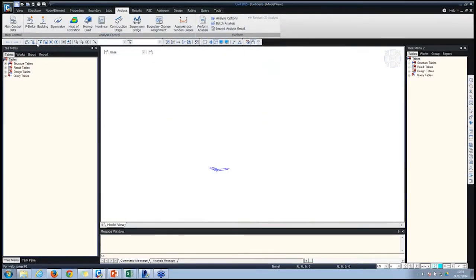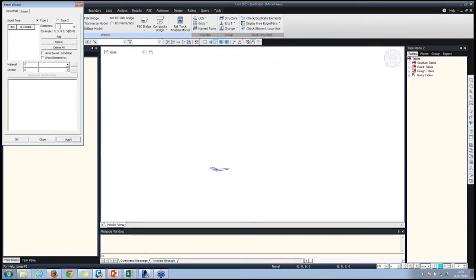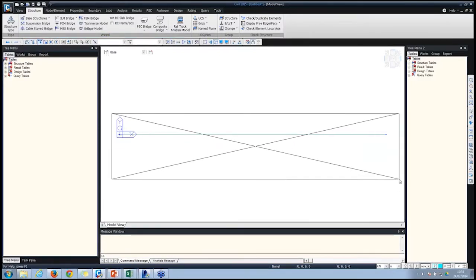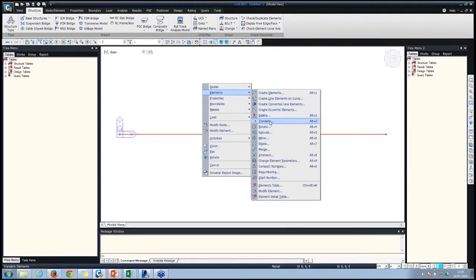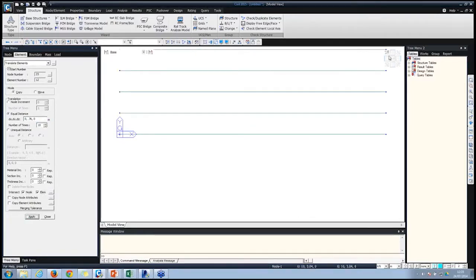Okay, so I'm starting with a blank MIDAS screen at the moment. I'll quickly just draw some beams. We have covered the modeling process for integral bridges in our past webinars, so I'll just be going through quickly. So I'll just copy this member in the Y direction, say 10 times. Apply, and then draw the